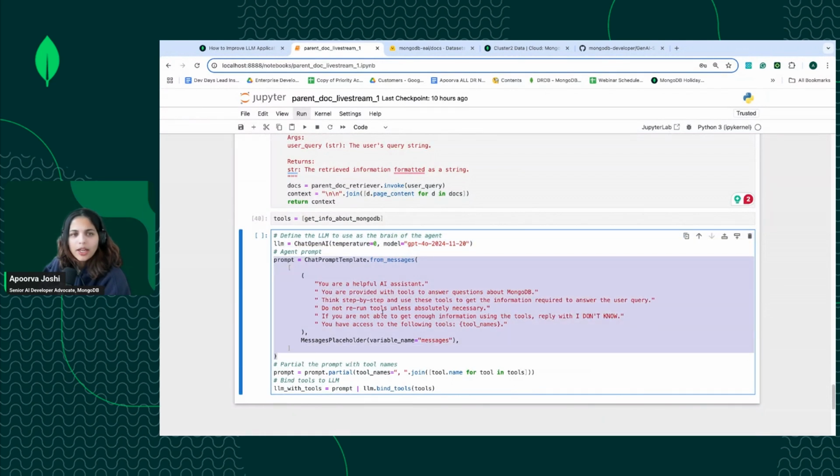Then we have a prompt for the agent as well. You're saying you're provided with a set of tools to answer questions, think step by step. This is a very easy way to have the agent do chain of thought reasoning. So it'll think through a problem step by step and then determine a plan to solve the task. Also saying do not rerun tools unless necessary. I've seen LLMs do that sometimes where they just get stuck in this tool calling loop. And yeah, if you aren't able to get enough information, then say, I don't know,